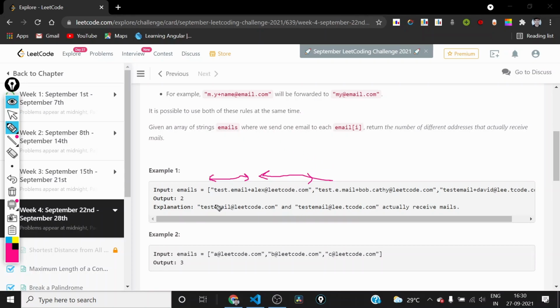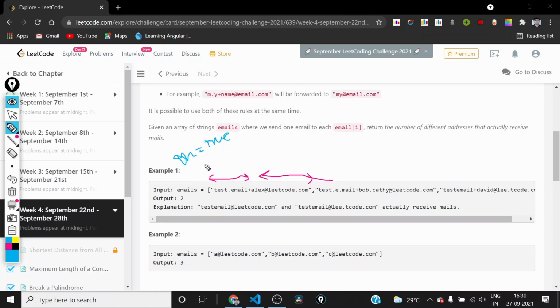To track this, we can have a variable called on, initially set to true. If we encounter a plus sign, I will set it to false. And if we again encounter an @ sign, I will set it to true again. This tells us we are in the region in which we have to include characters.